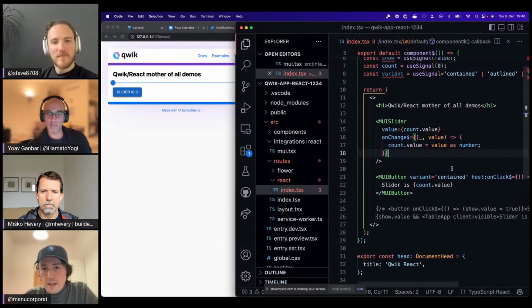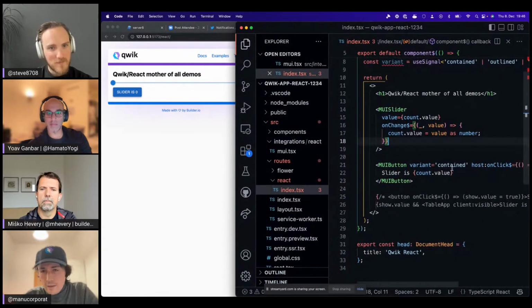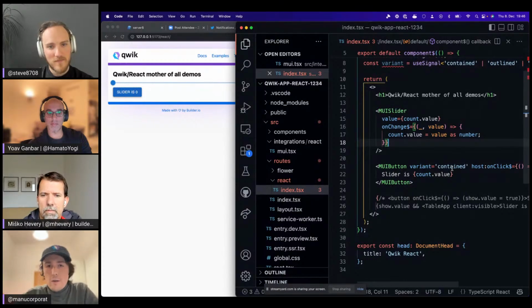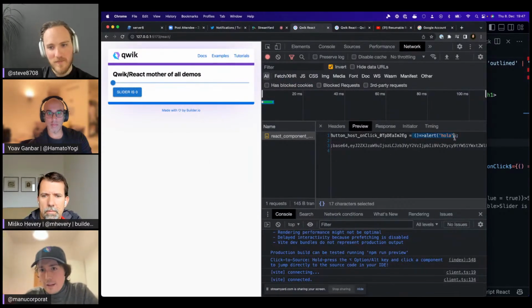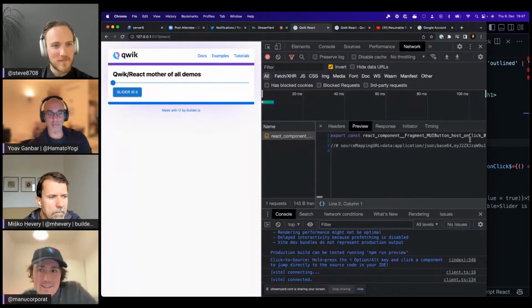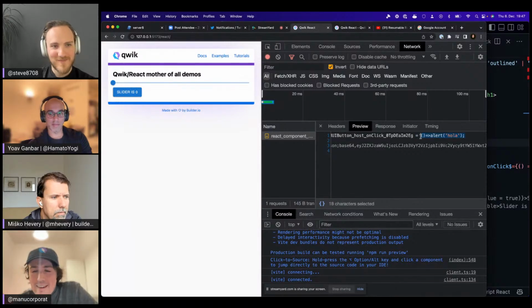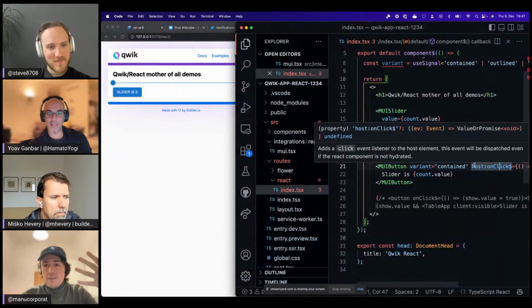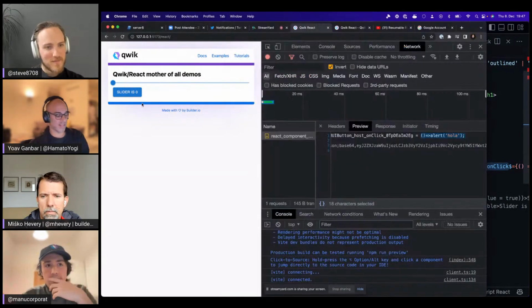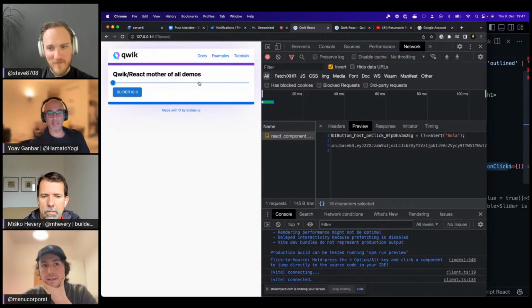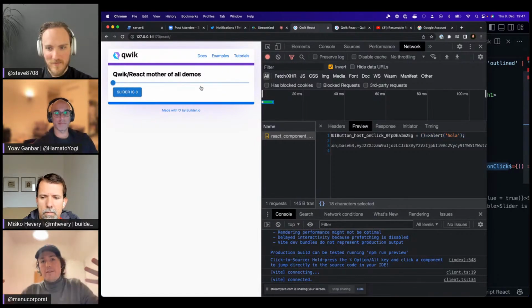So I'm using a Material UI component rendered by the whole React and by the whole Emotion. And the only thing that gets downloaded or executed to do one action is this, nothing else. That's amazing, right? Of course, here I'm making the trade-off to say I don't want the ripple effect and all these things, and it's fine. But if, for example, we check the slider, the slider will not work, right? Because the slider needs to be interactive. It's a component a bit more complicated than a button.